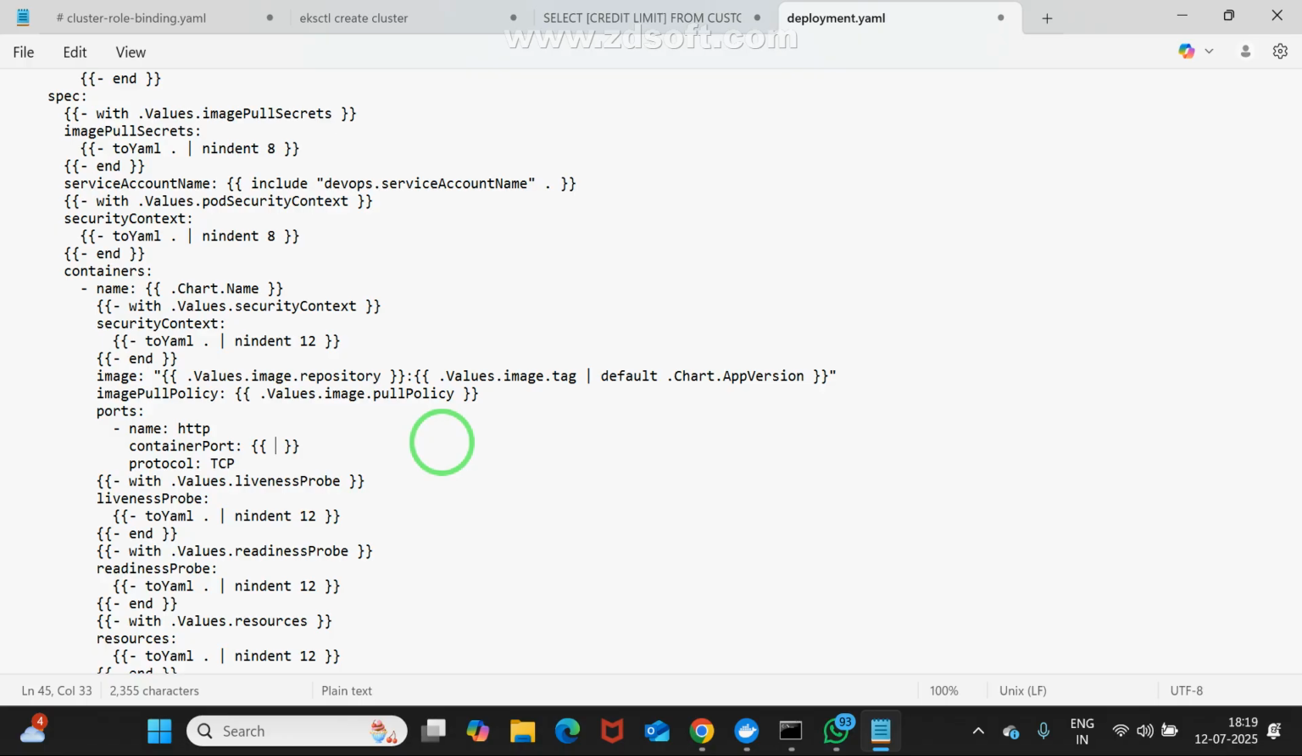In values.yml, what did I write? Anyone can repeat it? What did I write? One is the container port, another one is the target port. In that values.yml, I wrote container port. That container port I want to use here. What shall I write here? Dot Values dot service dot